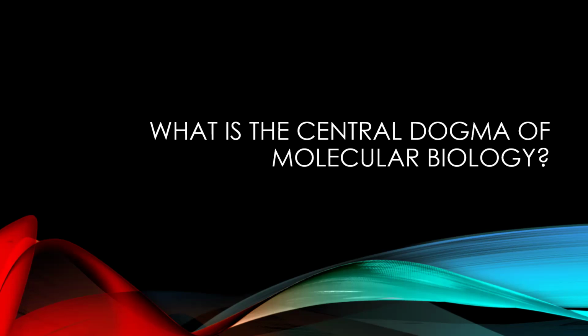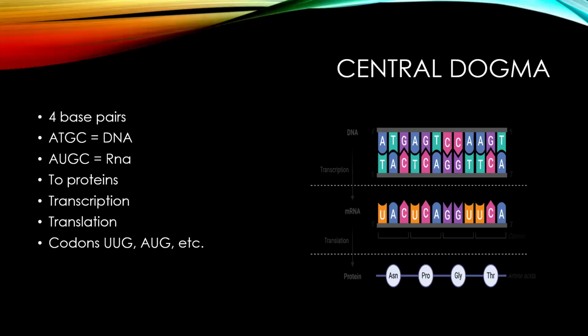So transcription goes from DNA. These four bases are essentially the coding blocks of our whole entire genome. Whether it's DNA or RNA, you have adenosine, thymine, guanine, and cytosine in your DNA, and that usually is transcribed into RNA, which has the same nucleotides except for uracil instead of thymine, and from that